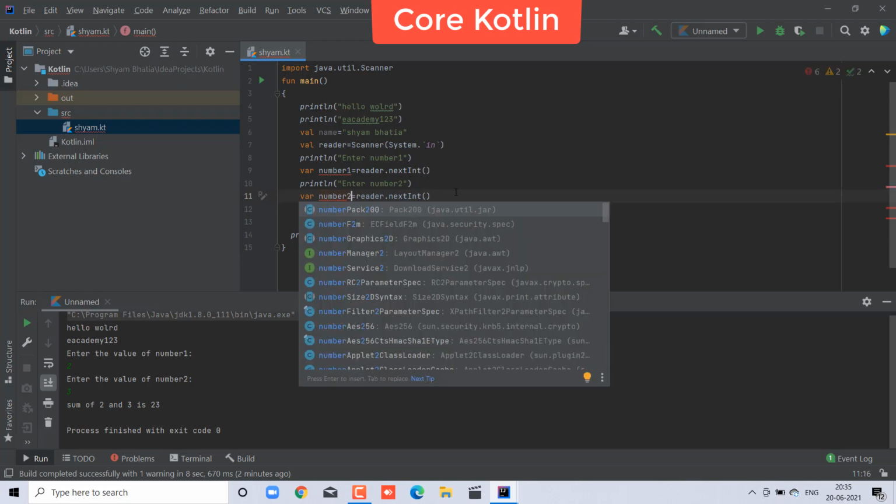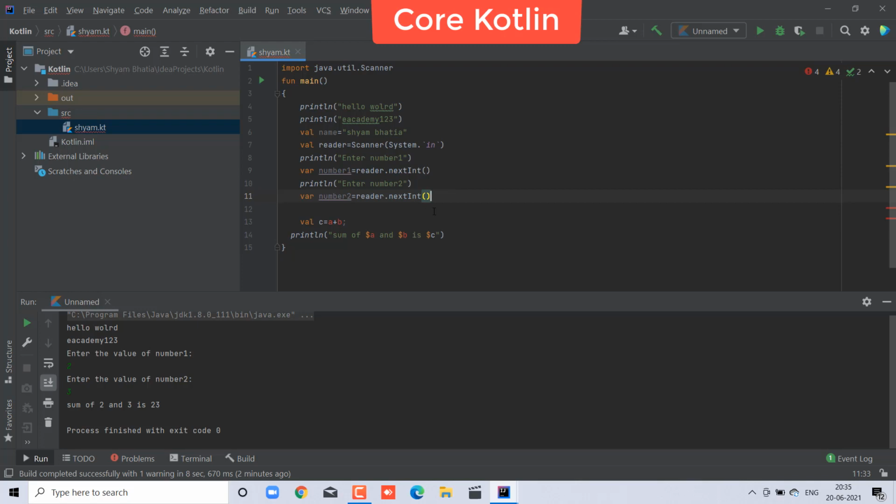How to do that? number 2 and nextInt. Okay, perfect. Now you have number 1 and number 2, so you have to add number 1 and number 2. Okay, perfectly. And see, copy number 1 and paste it with Control V.